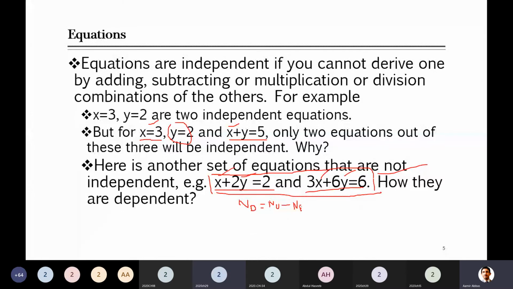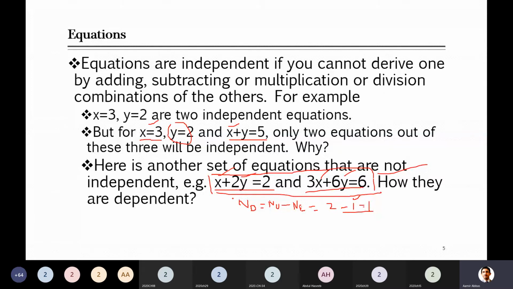Just write the equation. I have written it for you here. Number of unknowns minus number of equations. How many unknowns are here in this system? Two unknowns, and independent equations, how many? Independent equation is only one. Although you see here two, you have already seen that they are dependent on each other. So overall, you will see that there is only one independent equation. In this case, this is 1. The number of degrees of freedom is 1, and now this is an under specified system.